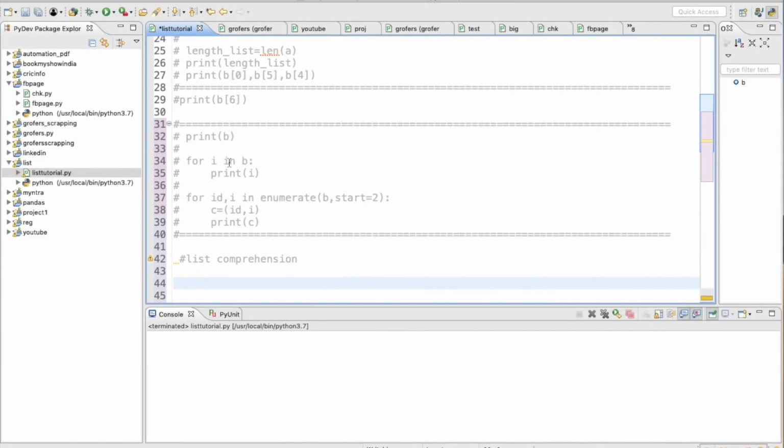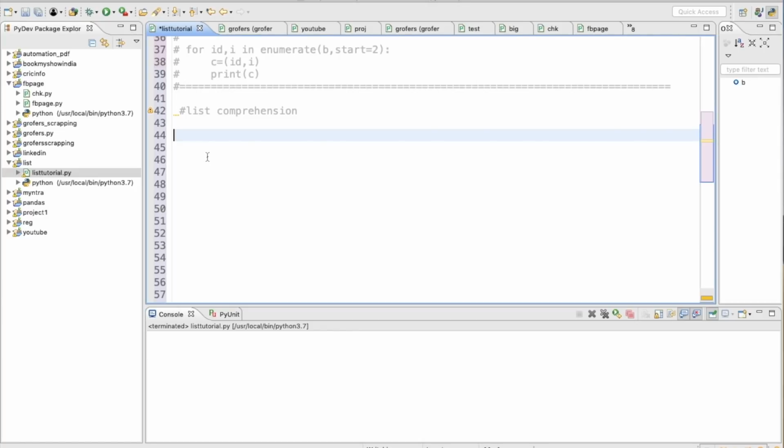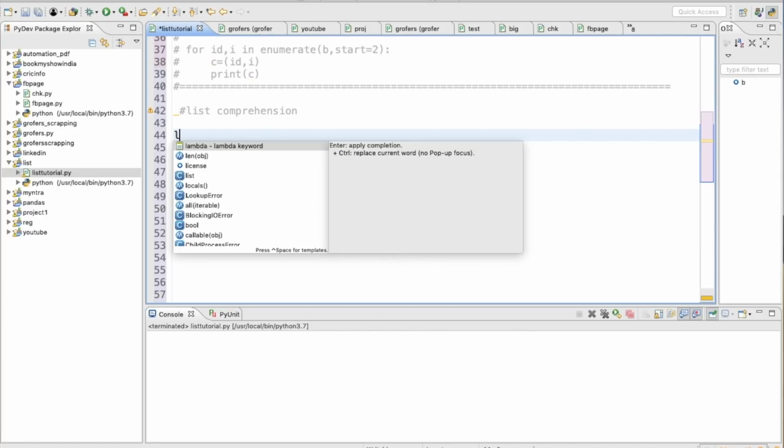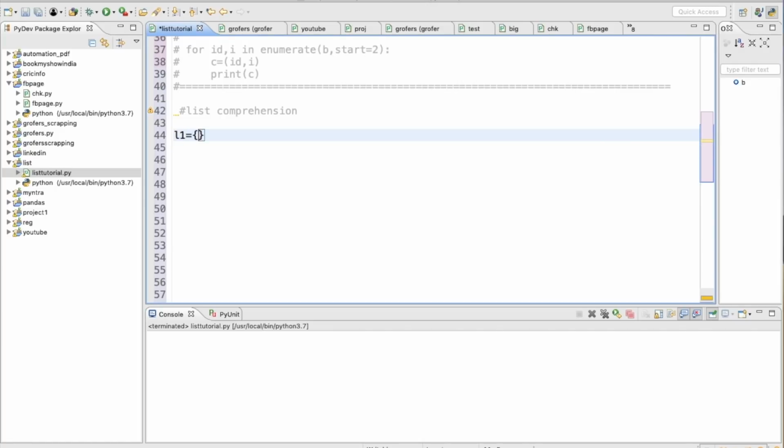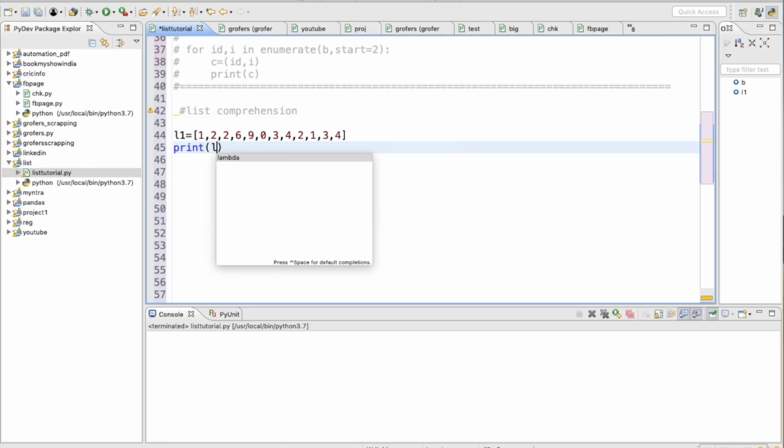First, let me create another separate list. Maybe L1 equals 1 2 3 6 9 0 3 4 2 1 3 and 4. If you want to find the frequency of an element, how can you do it? It's very simple, like print L1 dot